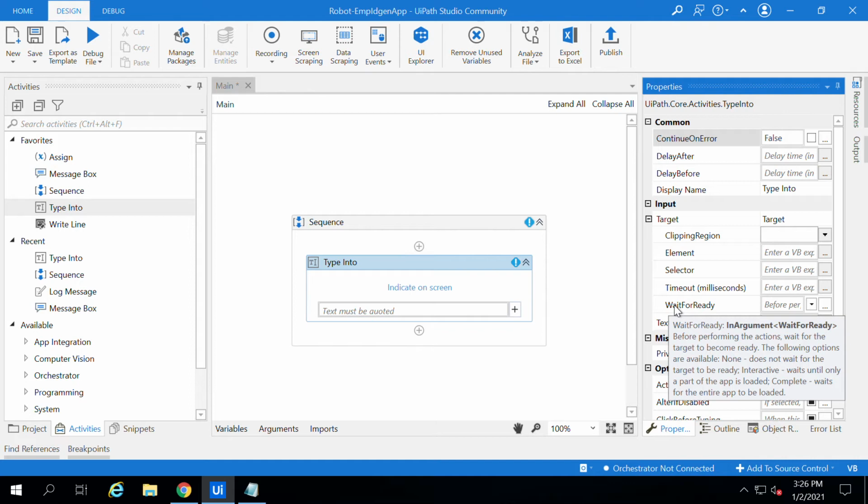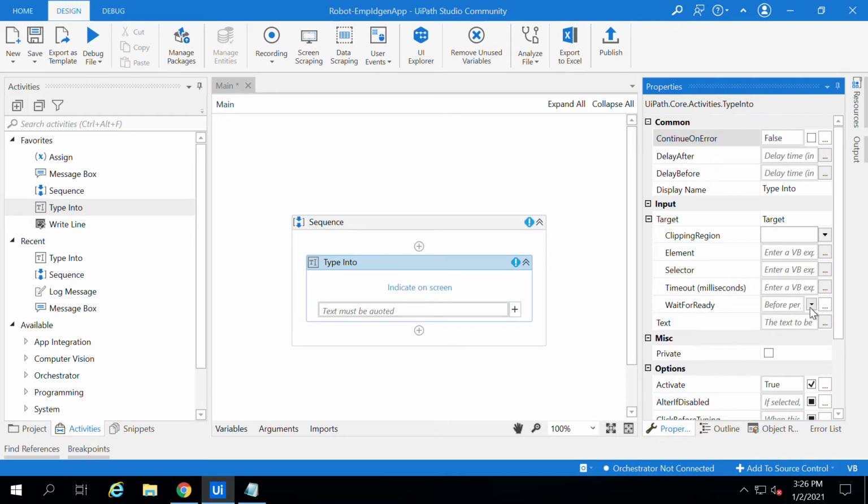Many websites have larger images and bigger packages, so the robot needs to wait until all the page DOM elements are completely loaded. We can set it here to wait till the page is loaded completely. And also we can add text over here. This is where we specify the text, either from here or here, which needs to be entered onto the field on the UI.